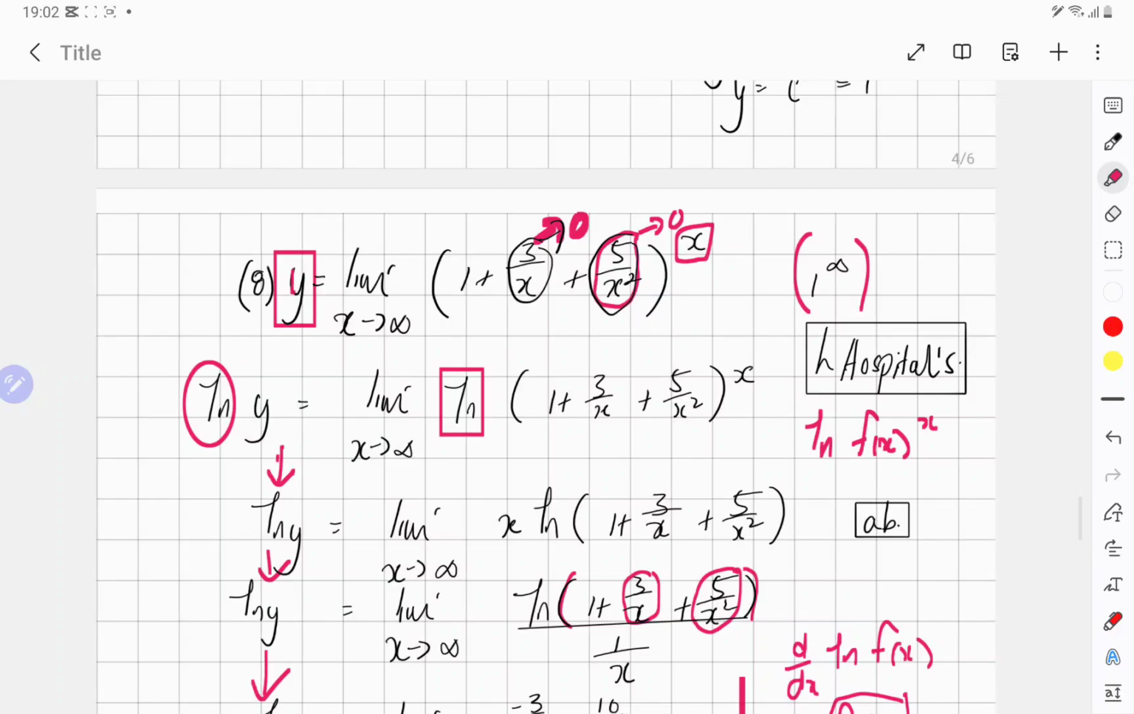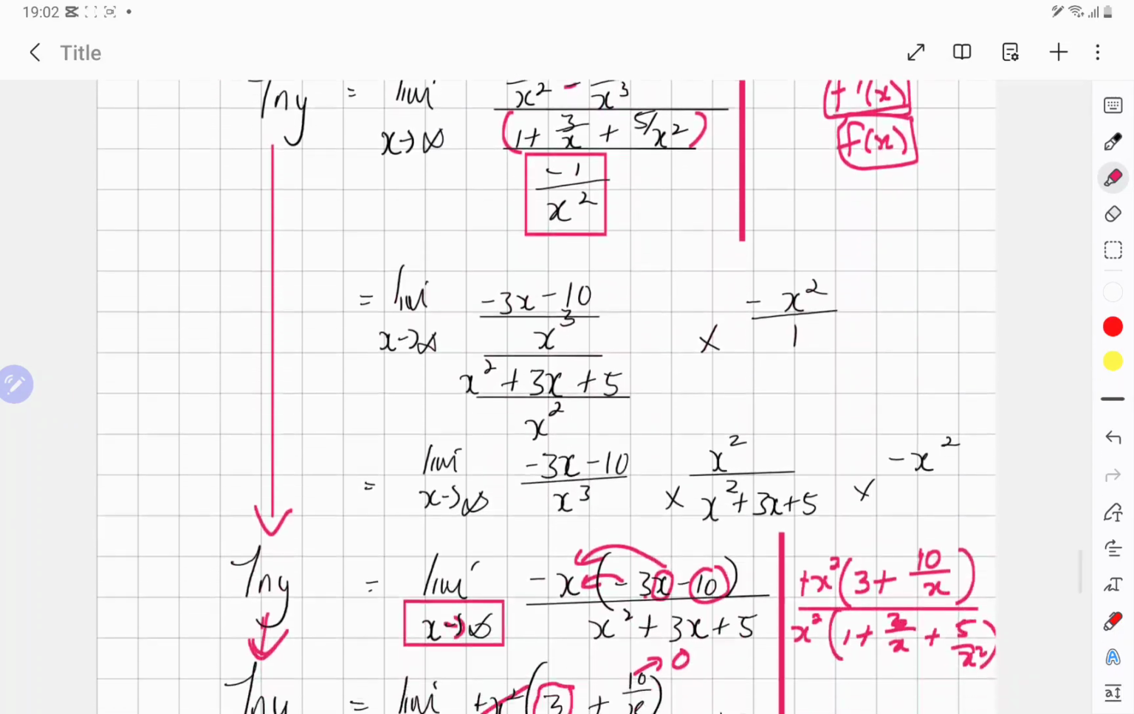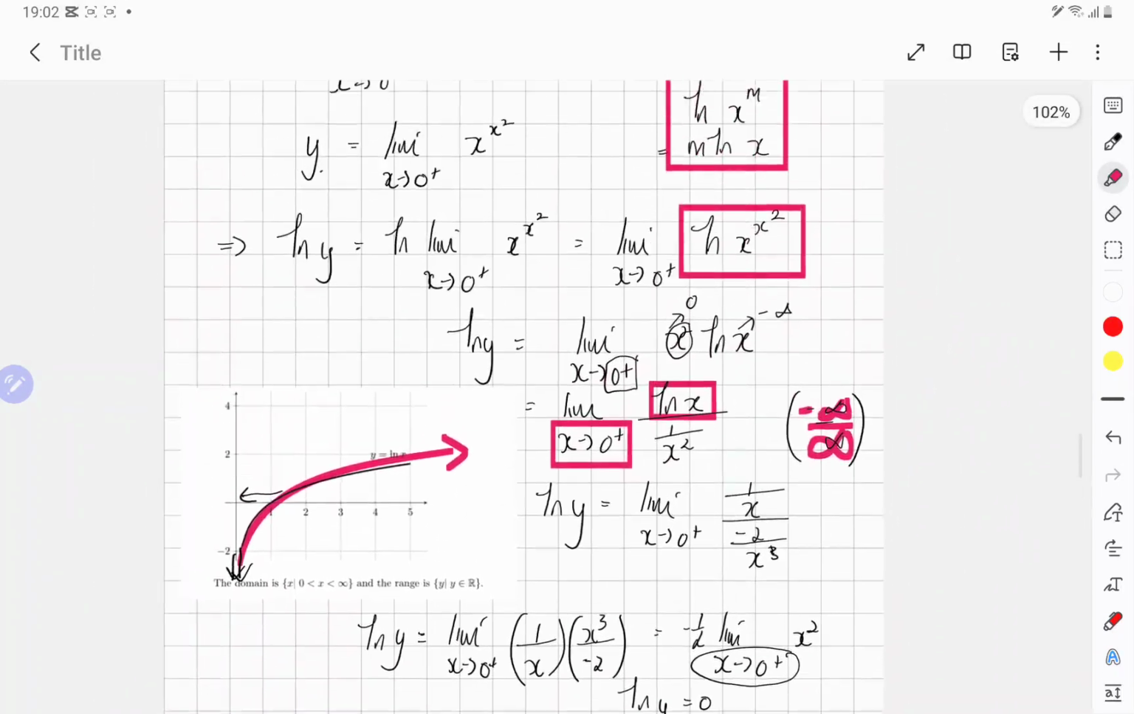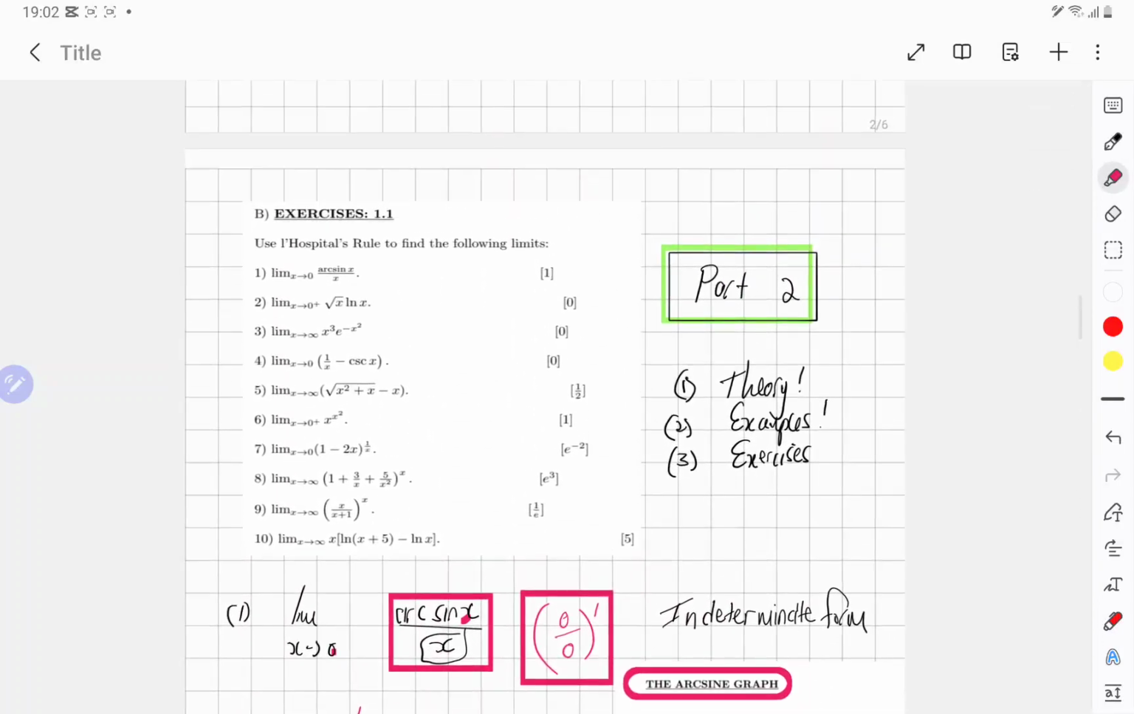Just to recap, because I made my problem that I have to evaluate my limit equal to y. So those were a couple of exam type